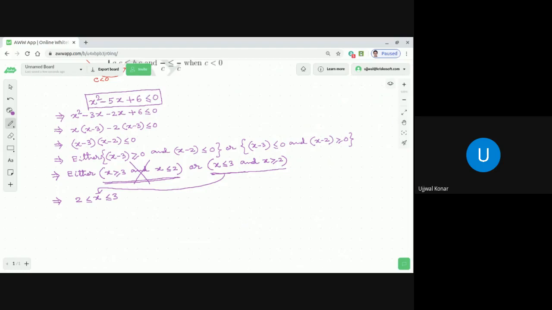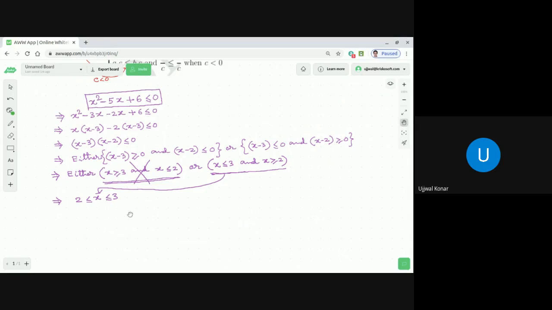So from where you make that conclusion, x minus 3 into x minus 2 less than equal to 0. Now, I want to do the other one also. That x square minus 5x plus 6 greater than equal to 0. Let's see what is going to happen. Let me use a completely different color so that you can make a difference. Okay, let me use this color.